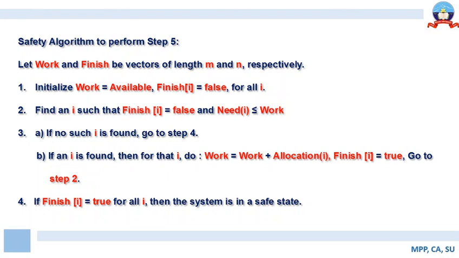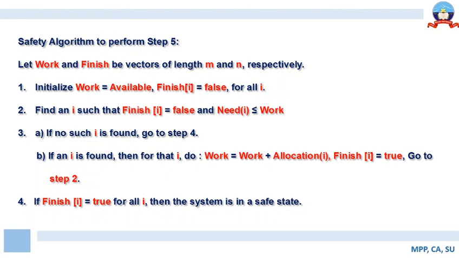So we are initially assuming that none of the processes are over, or none of the processes have completed their execution. That's why the status of each of the processes is kept as false. So finish of i is false for all i. So initially, we have initialized work with available, and we have initialized finish with false for all i, assuming that the set of processes in the system have not completed their course of